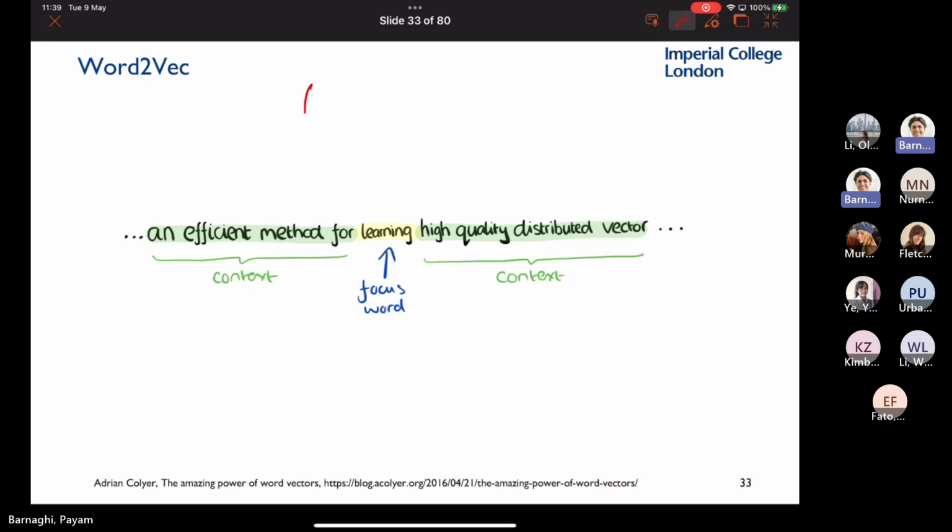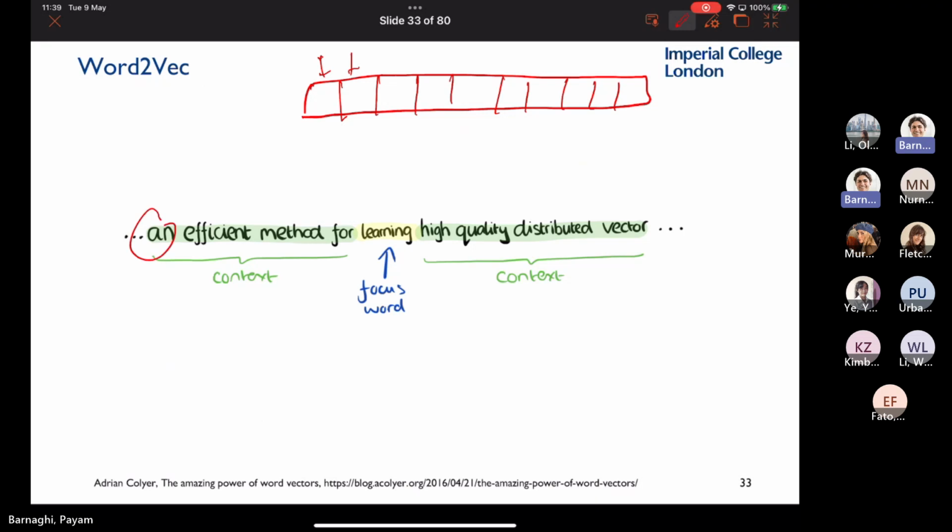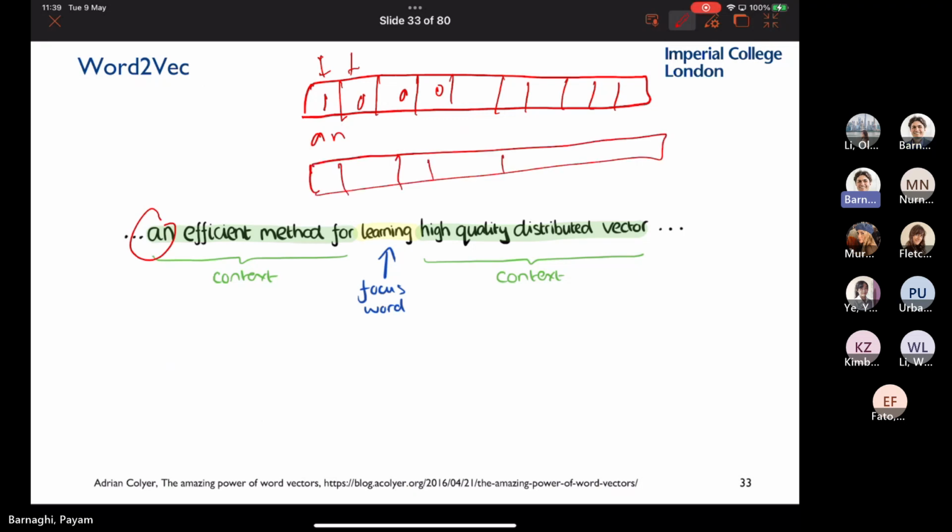The traditional way of doing this is you create something you call bag of words, which was the title of my previous slide. What you do is one-hot encoding, if you're familiar. You create a vector. The length of the vector is all the vocabulary you have in your language or whatever you're processing. Imagine if you're processing Wikipedia, every single occurring word will have a representation here. And then for each word in each sentence, if that word appears, this will be 1, and the rest will be 0. The second one will be the second word, and so on. I've talked before in the module about this, but have a quick look. It's a very simple concept.